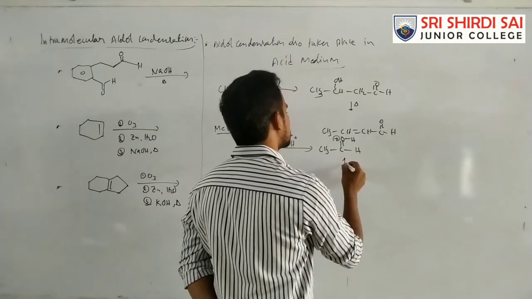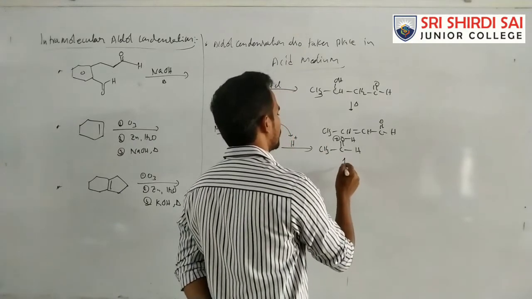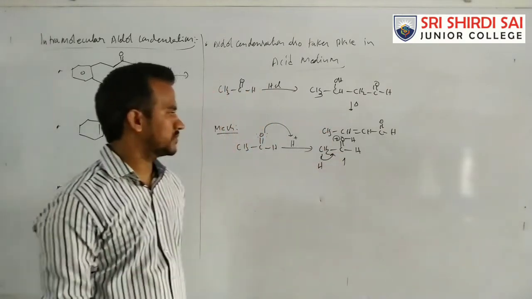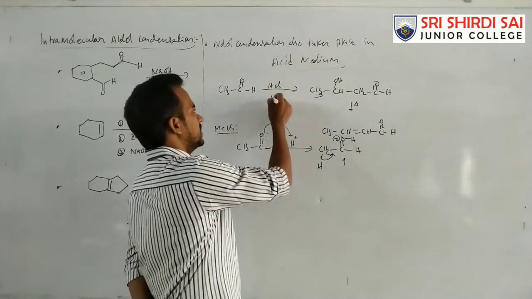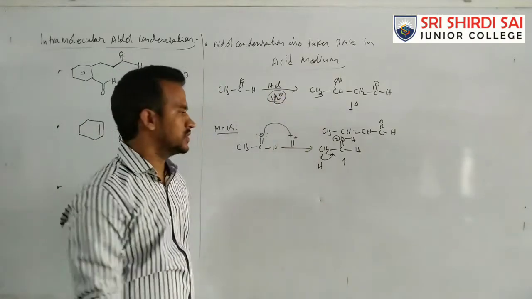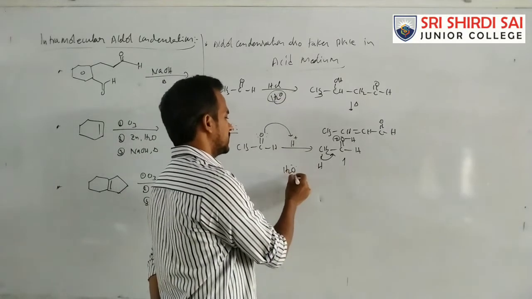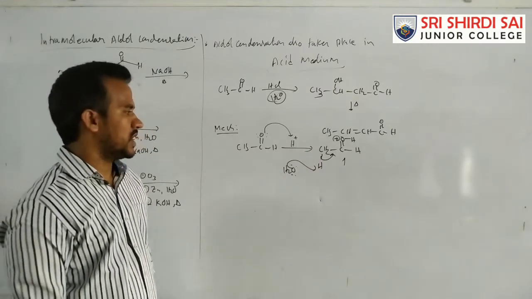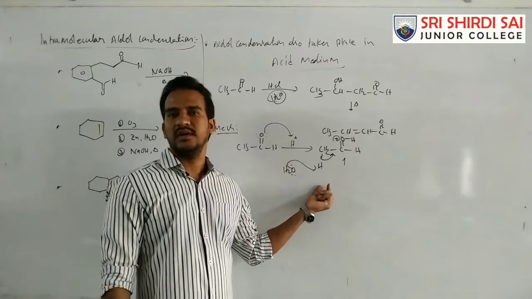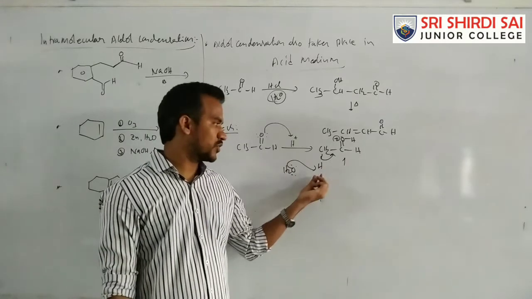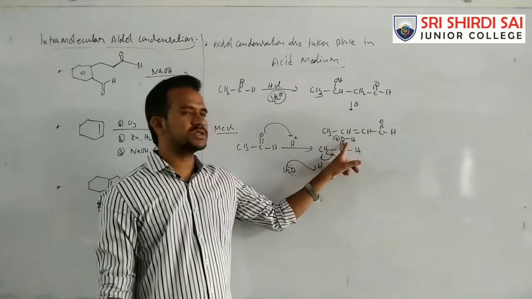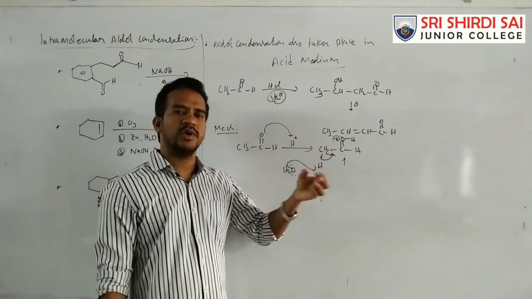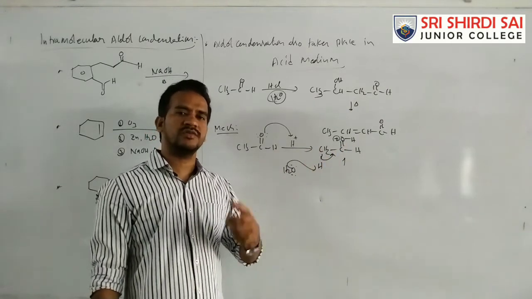Now here it is converted into, okay, here by loss of a proton. Okay, by loss of a proton. So HCl along with water, that means dilute acid. So in this case, in the next step, that water molecule removes the proton from this carbon, the alpha carbon. Okay, why does the water molecule remove the proton? The water molecule is a weak base, but it removes the proton from this carbon because this is a positively charged oxygen. Here this carbonyl oxygen becomes a positively charged oxygen by the protonation. That positively charged oxygen is a very strong electron withdrawing group.